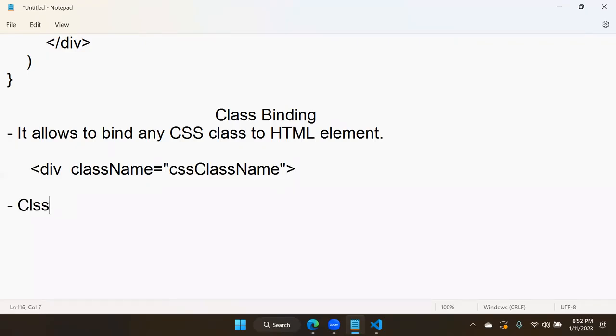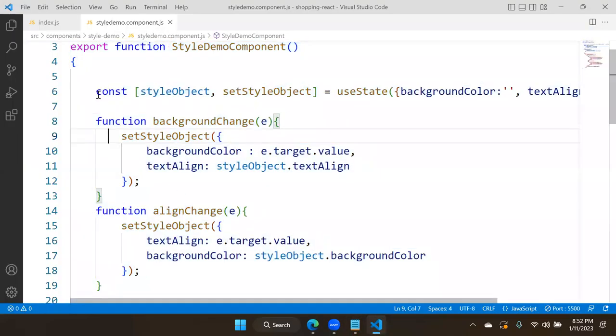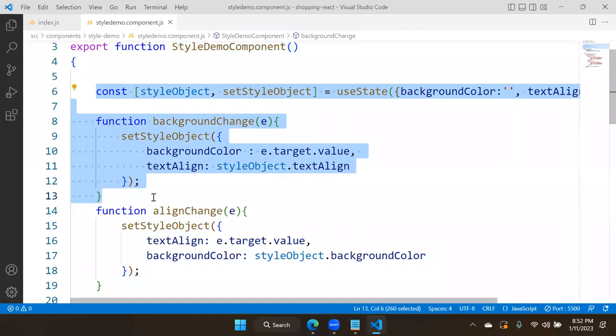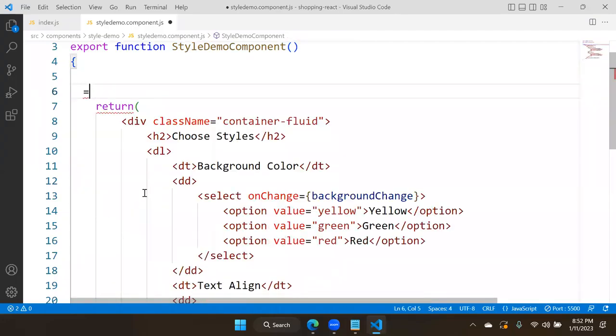Class binding allows us to change the class dynamically. As you changed the style, you can change the class also dynamically. Generally when we use a class, we want some set of effects to handle for multiple elements. For that we can use class binding. For example, how can we apply a class? I will remove this, and we will create